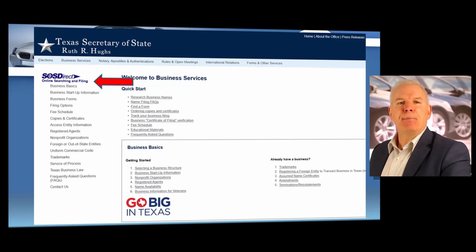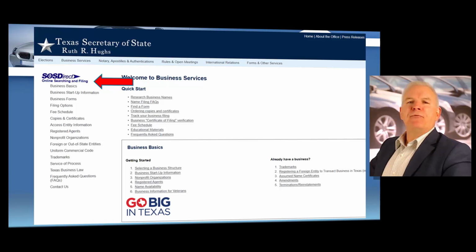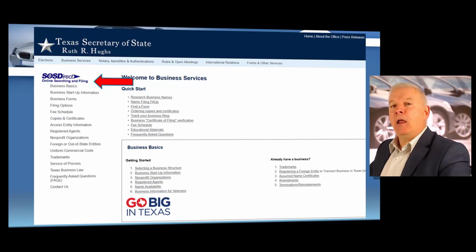current unzipping program. Next, we're going to learn how to file our documents with the Secretary of State SOS Direct online searching and filing system that we'll go into here in just a moment. Before we get started, though, I want you to know for this example, we're going to file our business as a limited liability company, as an example, as an LLC. This is to be used only as an example for demonstration purposes. I always want to remind you, you'll need to seek legal advice when deciding how to structure the business entity